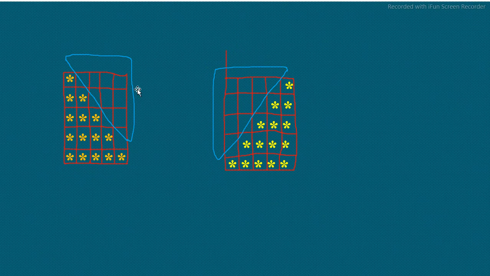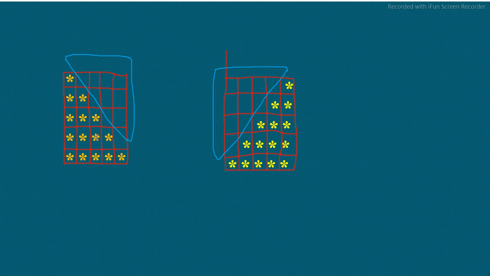I already said that any pattern which you are going to print is actually a 2D array representation. In a 2D array representation, some of the cells are filled with spaces and some of the cells are filled with stars. So in the first pattern, you can see the lower left triangle is filled with stars, and in the second pattern, the lower right triangle is filled with stars, while the upper left and right triangles are filled with spaces.